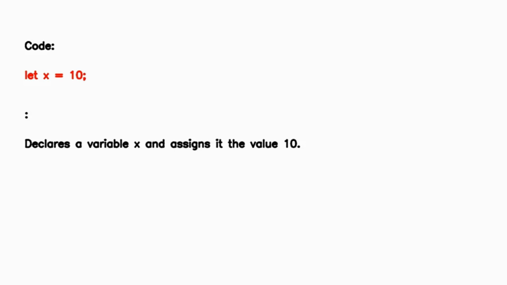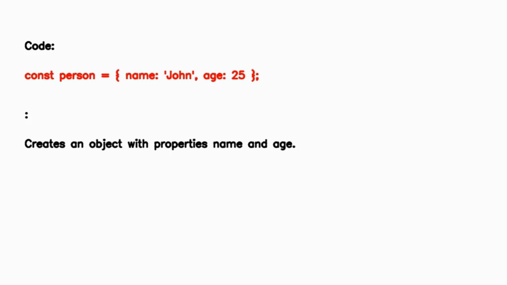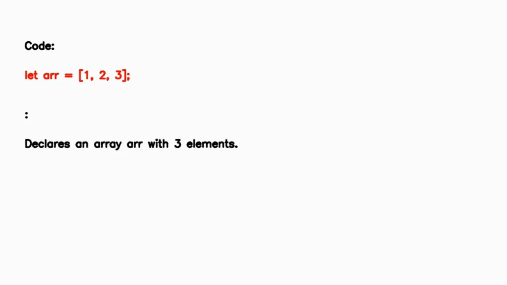Declares a variable x and assigns it the value 10, declares a constant y and assigns it the string hello, a function that takes a name and returns a greeting, creates an object with properties name and age, declares an array arr with 3 elements, adds the value 4 to the end of the array arr, a for loop